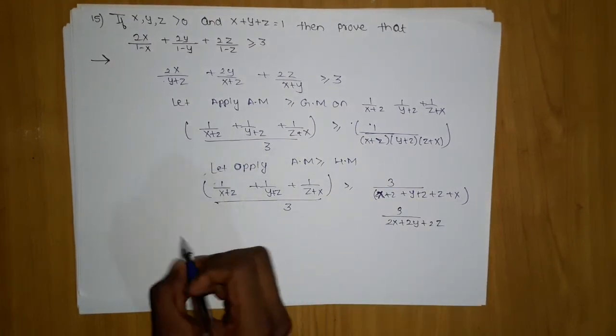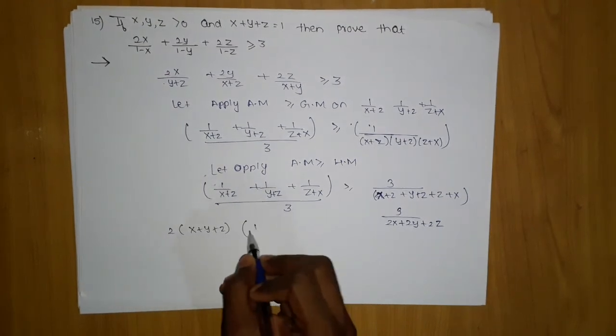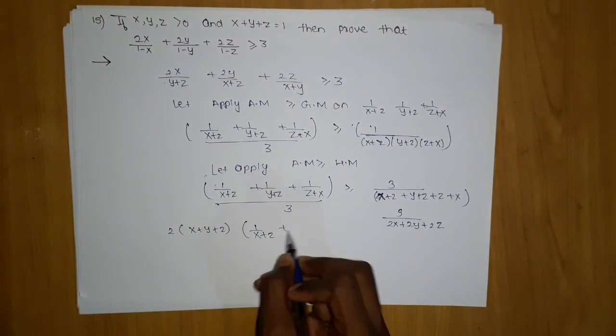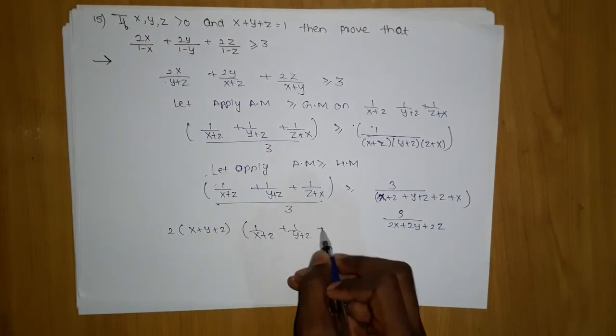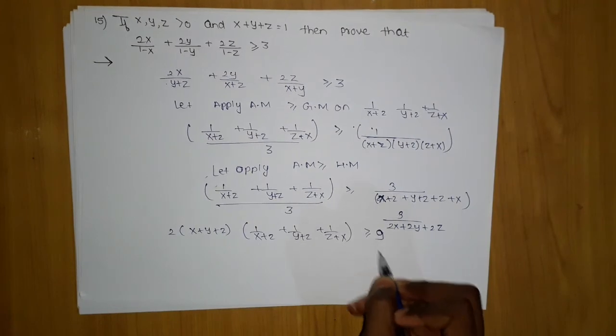So I will move this here, so finally I will have x plus y plus z into 1 upon x plus z, y plus z,